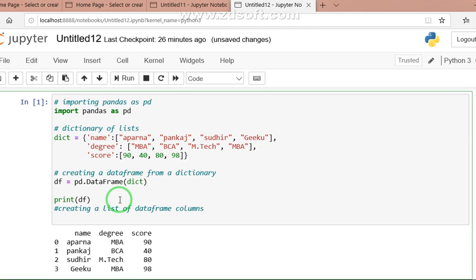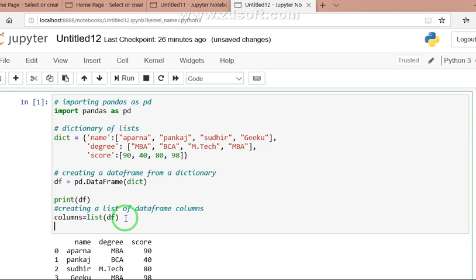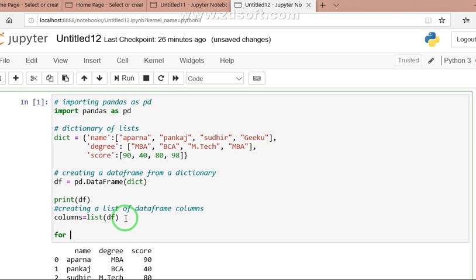You see, a single statement: columns equal to, converting it using the list function, list of our data frame. And the final step is to start the loop. For i in, now use the keyword columns.